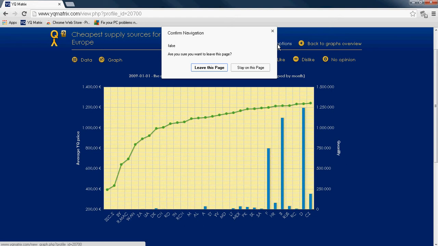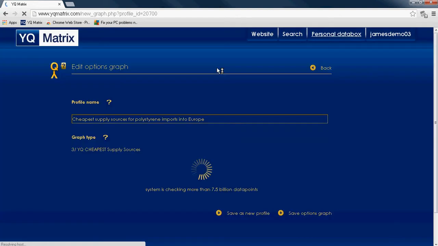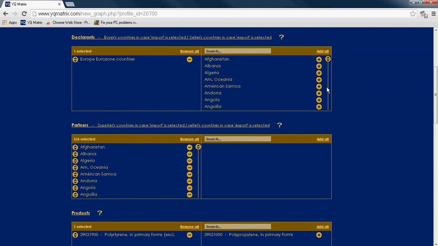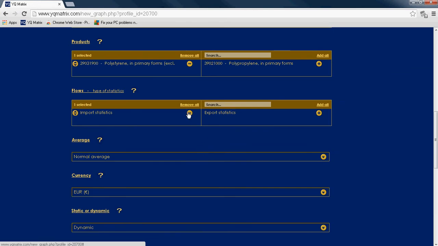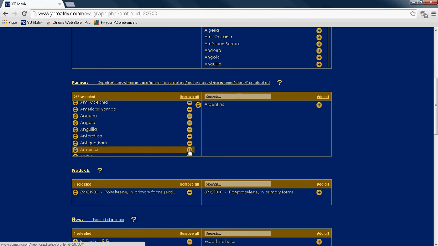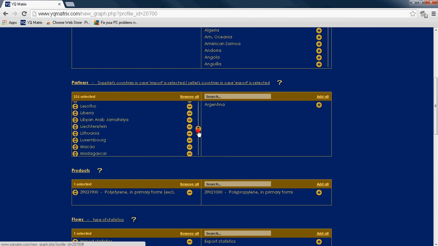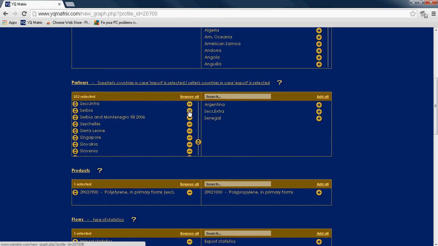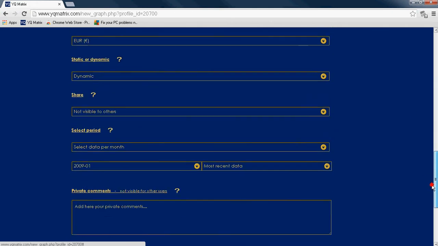This you can do by the edit option, and the ones that you do not want to see appearing on the graph because the volumes are too small, you can deselect in this part of the graph. So in this case, you eliminate Argentina, you eliminate these two. You will see that if you save this graph,